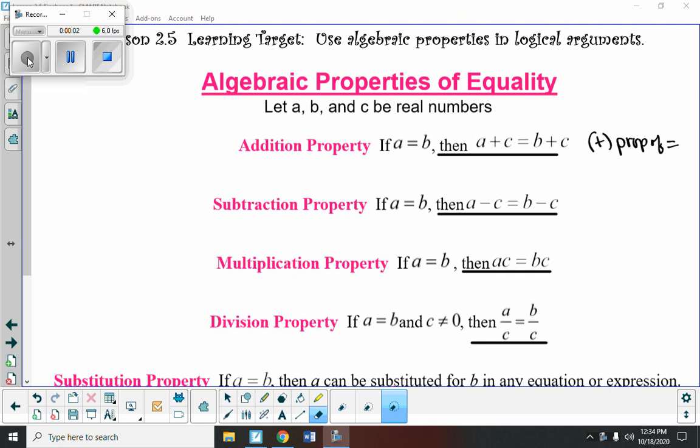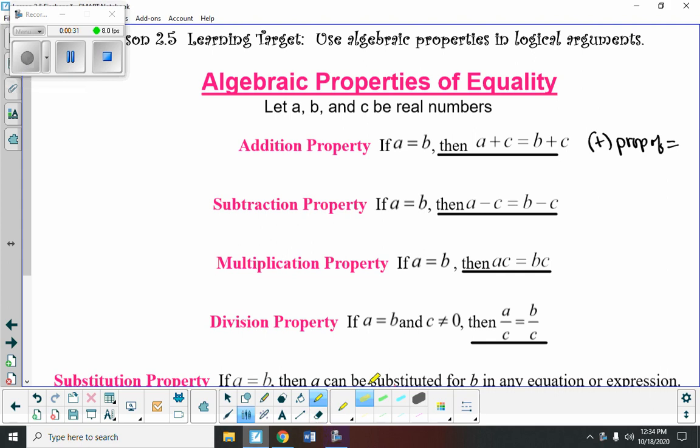Hi, this is lesson 2.5 in geometry, and we are going to be talking about using algebraic properties when we're forming logical arguments. First, let's go over the algebraic properties of equality. When you think of an equality, I want you to think about a balance scale where you have a certain number of blocks on one side and a certain number on the other so that the scale balances. So if we have a, b, and c that are real numbers, the addition property says that if a